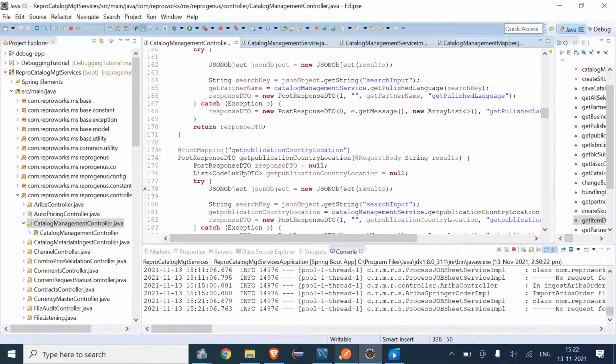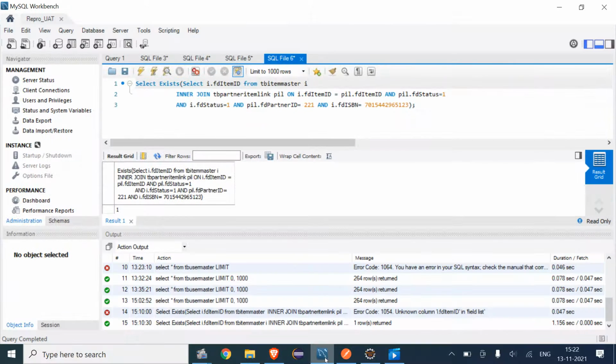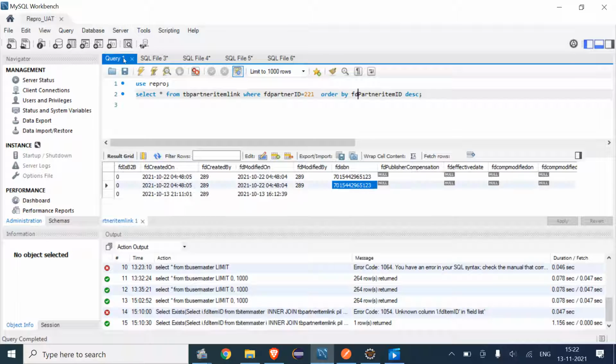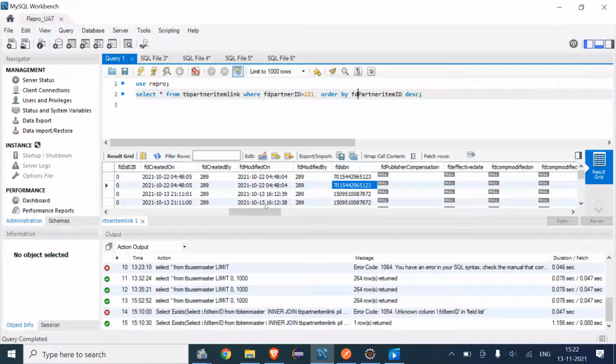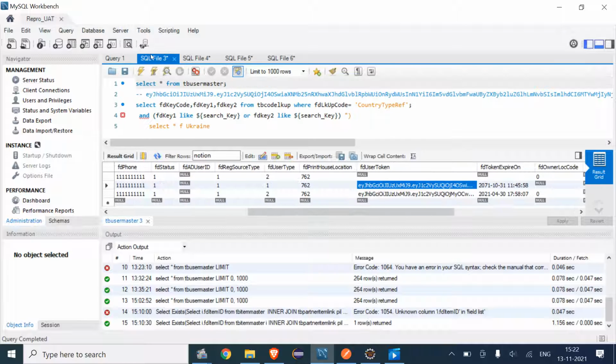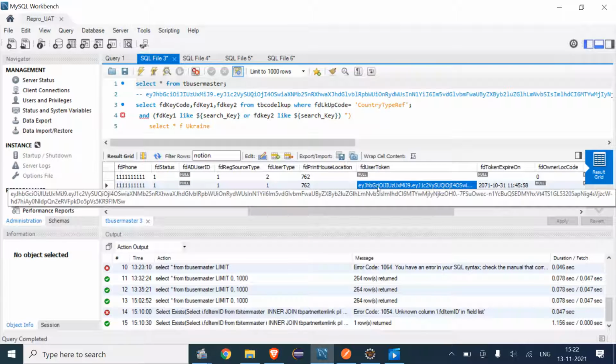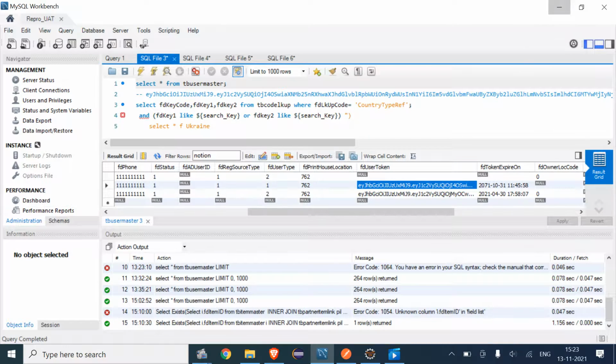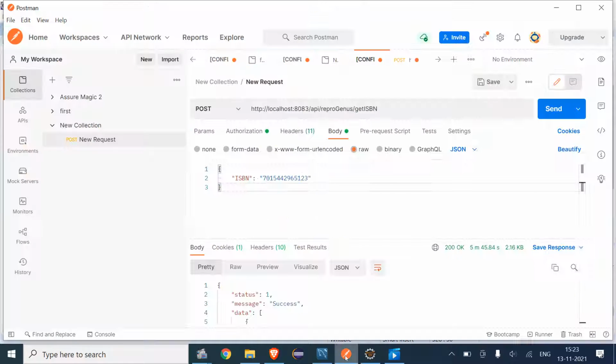Here I have given the SQL, and here I have details of ISBN files. Here I'm using this token, and I have already given the details in the Postman.